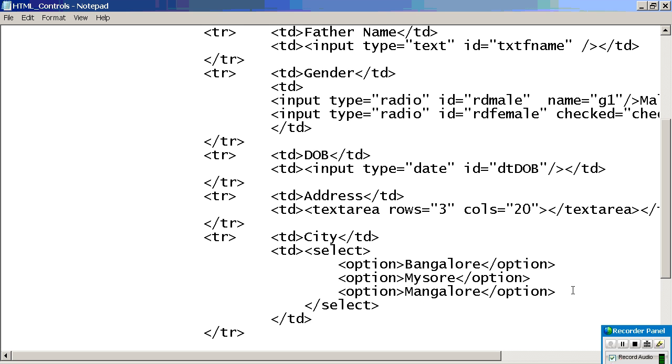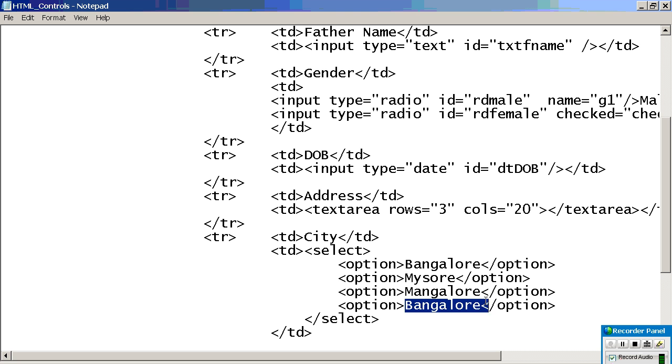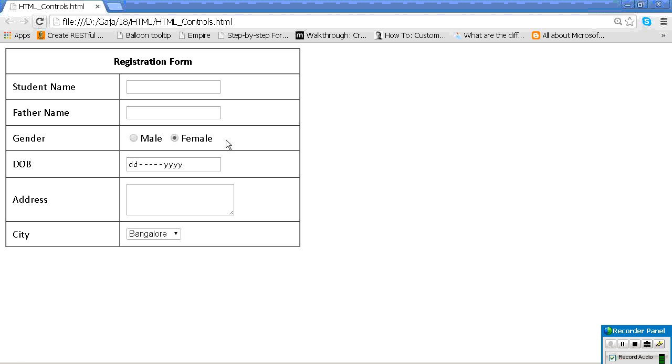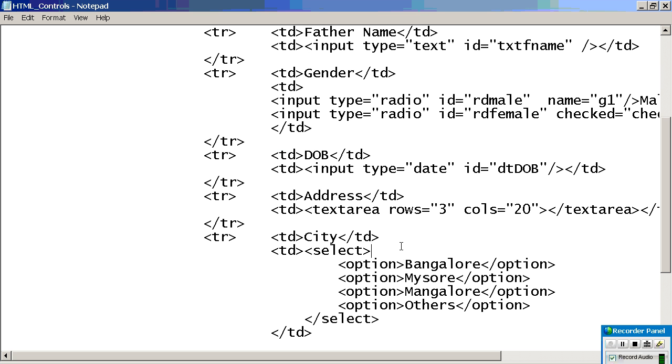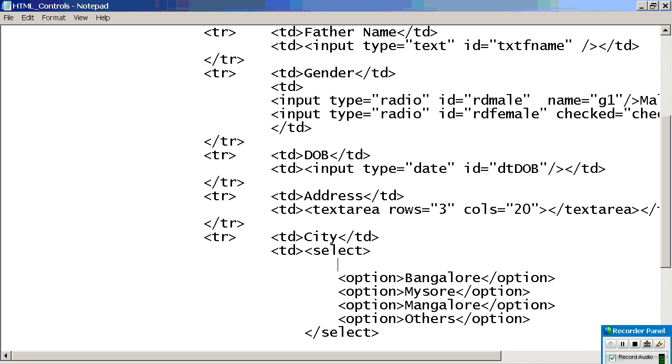Anything which is additional, I will keep in other. Okay, next. If you want the top one to be like this.